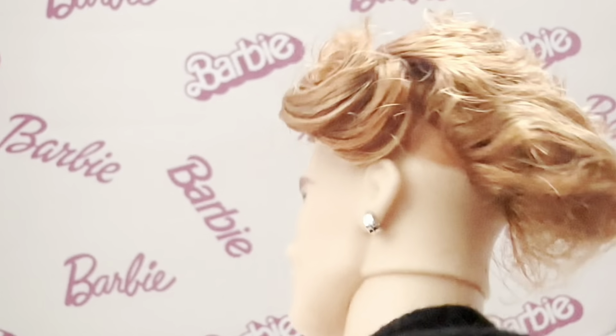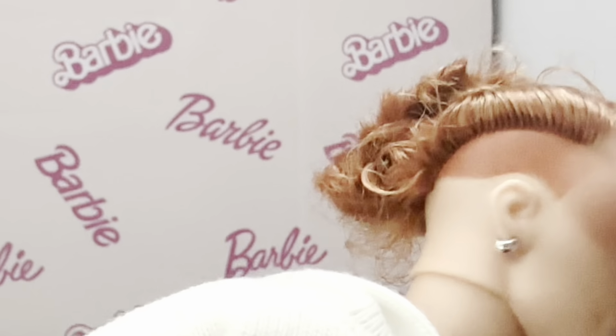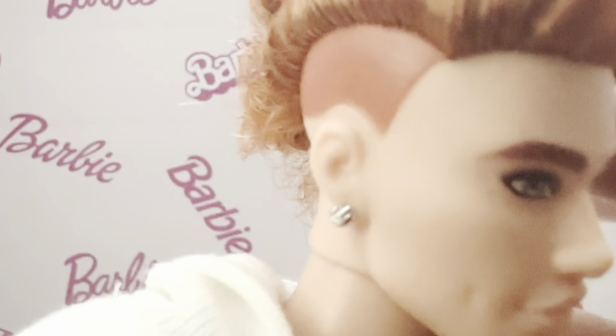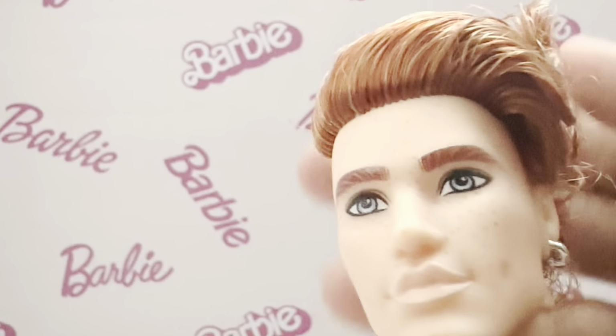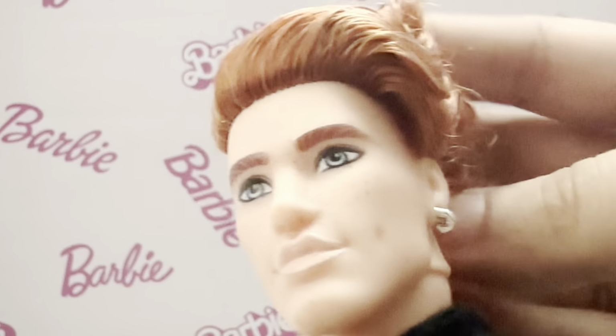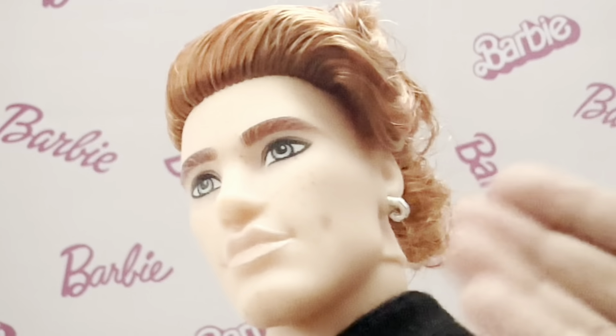The mullet and shaved sides, which are just painted, not flocked. And I really appreciate that he's got 2, maybe 3 different colors in his hair. Really nice blend, and his hair has some curl to it on the ends. Even though there's product in it, it doesn't feel rock hard, so that's nice. Like, you can still sort of pet him, I guess, and it still feels fine, but it seems to be